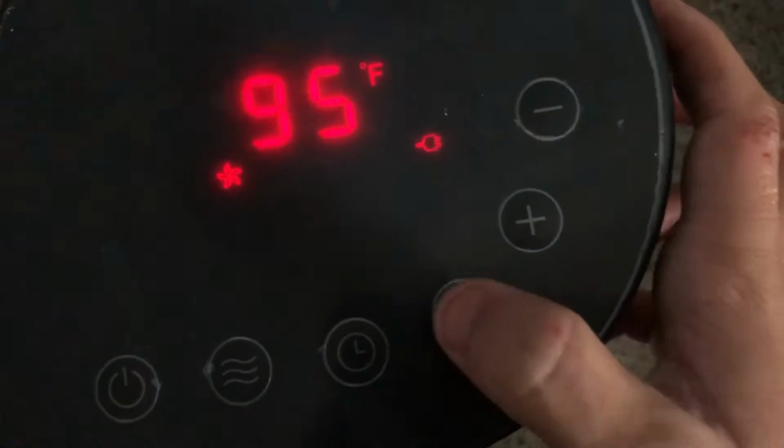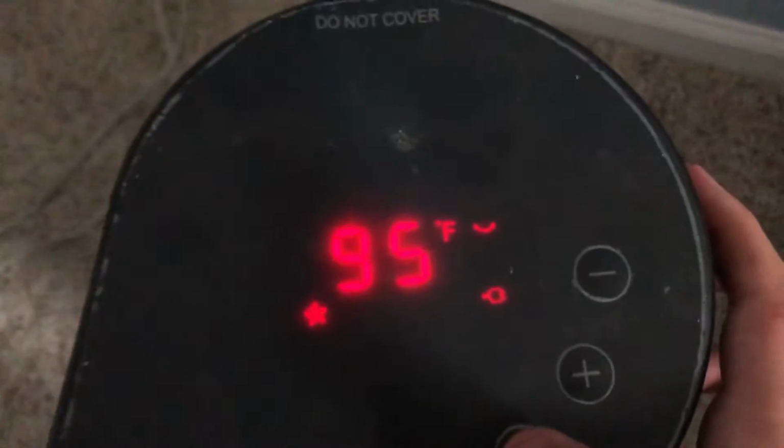It says it's 95, but it does not feel like 95. I don't know what that means. I really do not know what this means. It's like this button, I don't know what it means. I don't really know exactly how this thing works